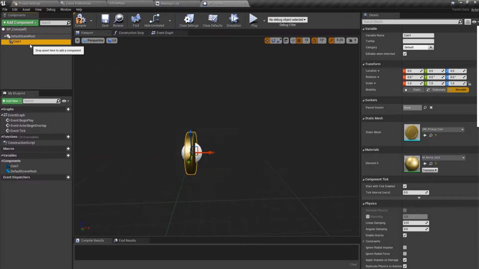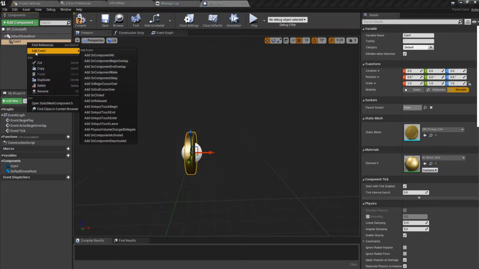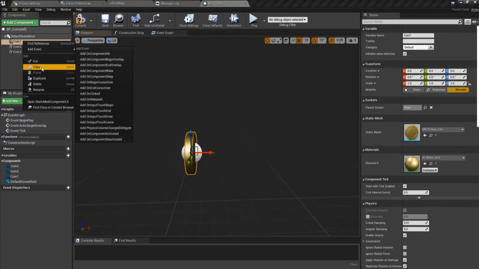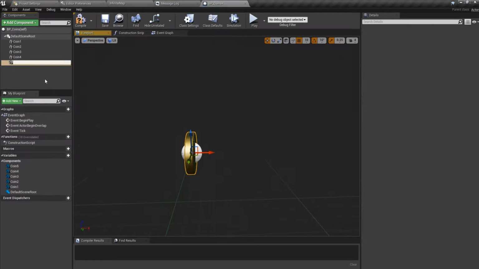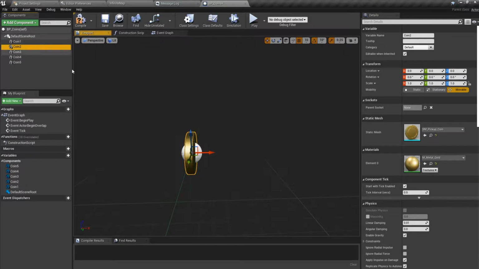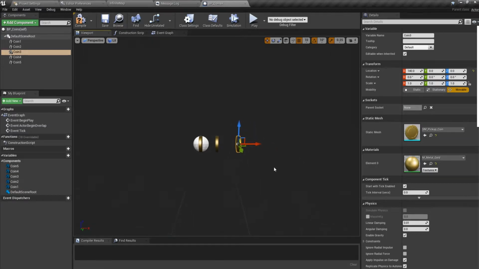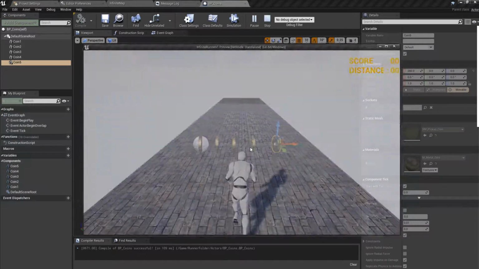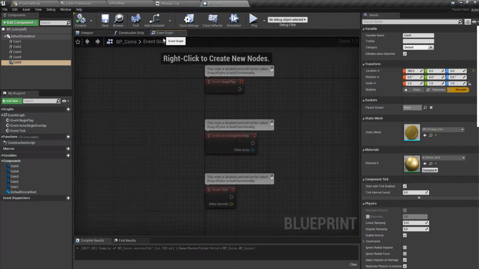I'll just duplicate this one, right click and duplicate again. I'll create 5 of these, so you can just place them one after the other. Yeah, and in the event graph,